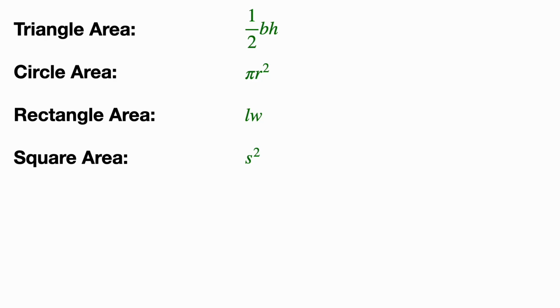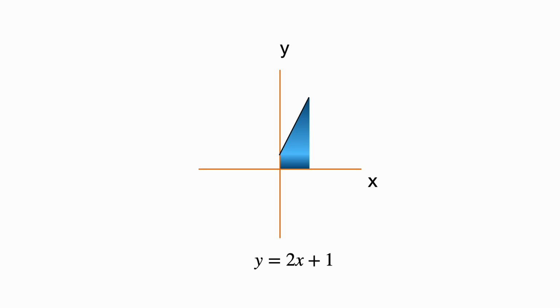You can try to come up with general formulas for these shapes, but there will be a need for a new formula for each new function that is slightly altered. How about this, where we have y equals 2x plus 1 for this line? Yes, you can use geometry to solve this problem as well. Of course, after we have figured out the coordinates for the rectangle, we will then find the area of the triangle, which would be 4 square units, and add it to the area of the rectangle beneath the triangle. The area of the rectangle is 2 square units, giving us the total area underneath the line to be 6 square units when we add 4 plus 2 to get the total